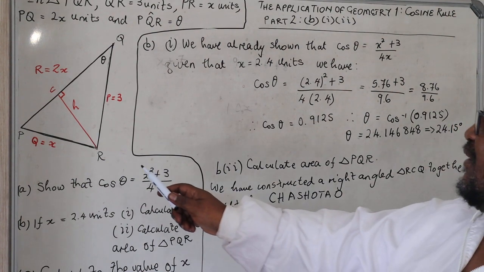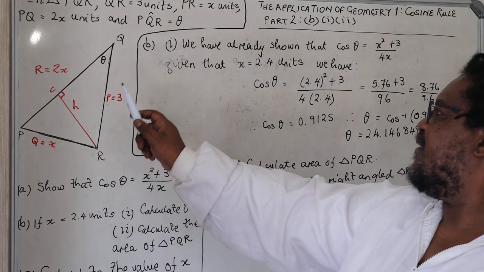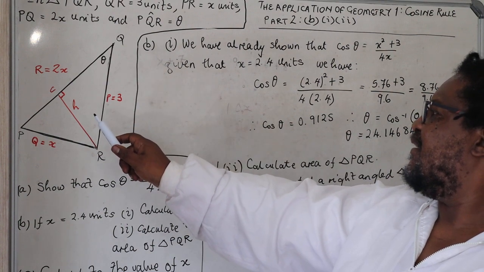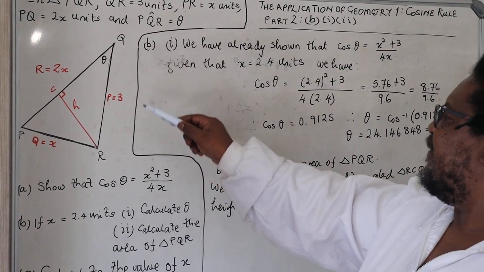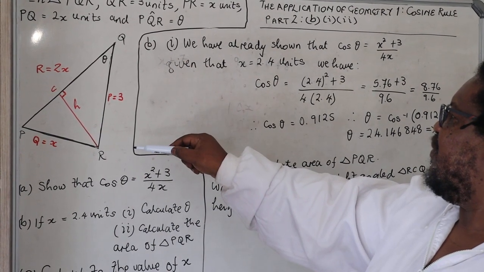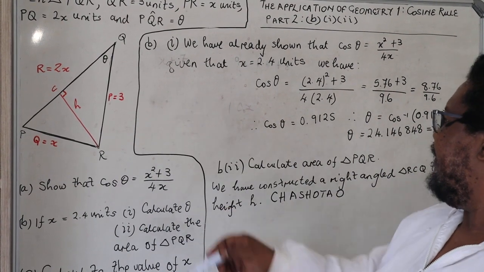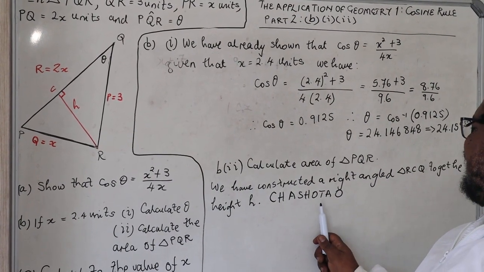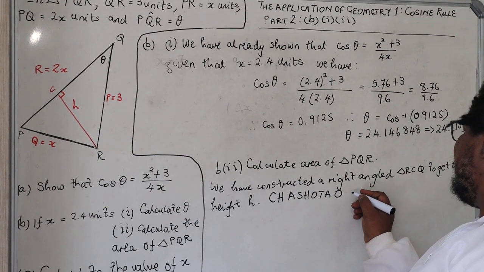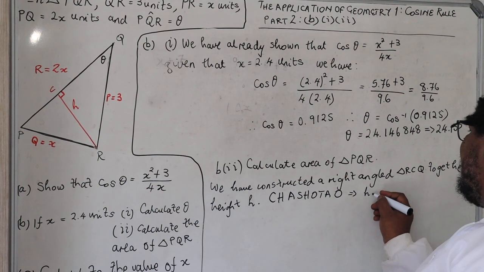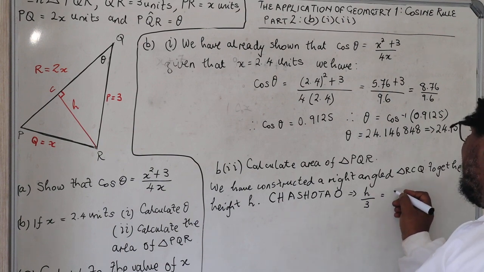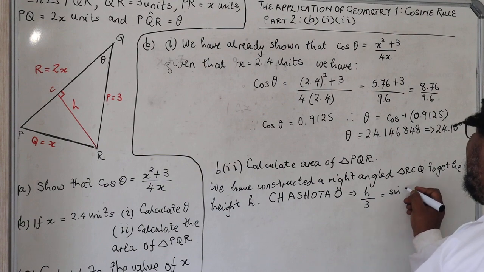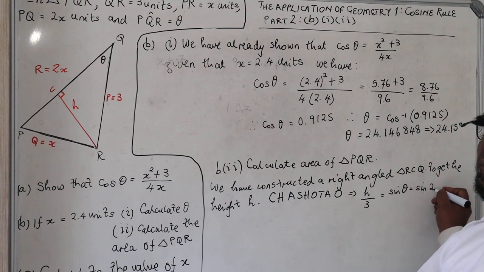So on triangle RCQ, we see that H is the opposite of the angle theta, and 3, which is the RQ, is our hypotenuse. So we have the opposite H over 3, the hypotenuse, which is equal to sine of theta,